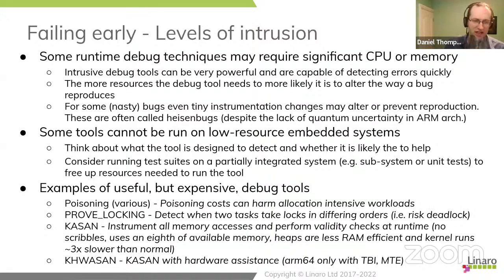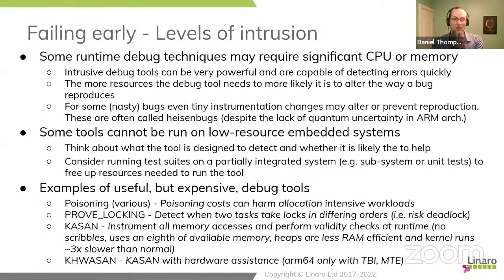And then we have a couple of things that genuinely are quite expensive. We have things like prove locking, which we'll talk about in a moment, which is a mechanism to try and spot potential deadlocks without having to reproduce the actual deadlock. We have the kernel address-based sanitizer, which instruments all memory accesses and allows you to do validity checks against a bitmap to find out if you're allowed to read or write from a particular byte. Now, naturally, adding software that runs on every single memory access to determine if it's safe to read and write to the memory is an expensive operation. There's no two ways about it.